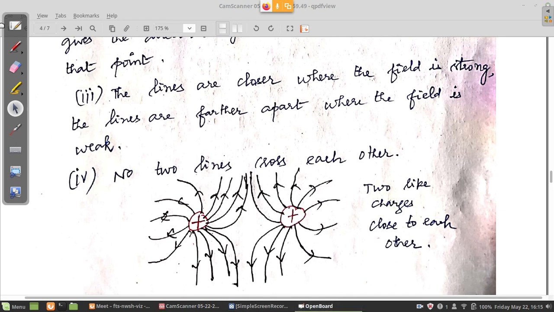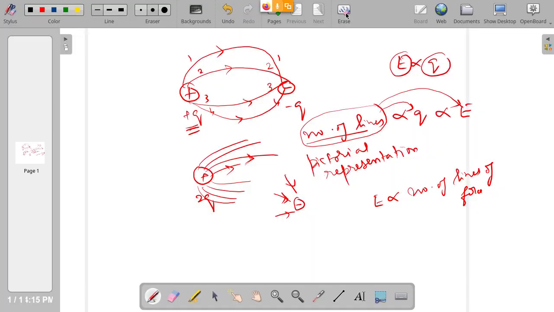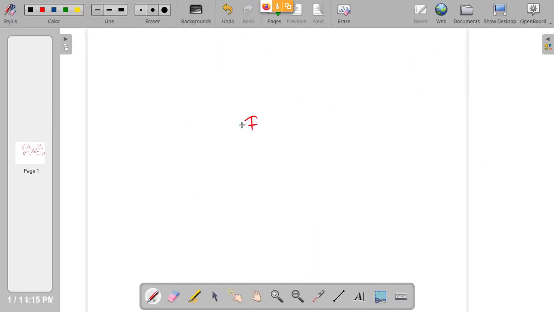So near the charge, for example, if you take only a positive charge and represent it, you can have more lines. You see all lines are starting, number of lines is the same but density will change. Why? If you draw a sphere surrounding the charge, the sphere radius will be less, let us say r1. So surface area is 4 pi r1 squared. So number of lines is 1 2 3 4 5 6 7. So 7 lines per unit area, 4 pi r1 square. Number of lines or line density.